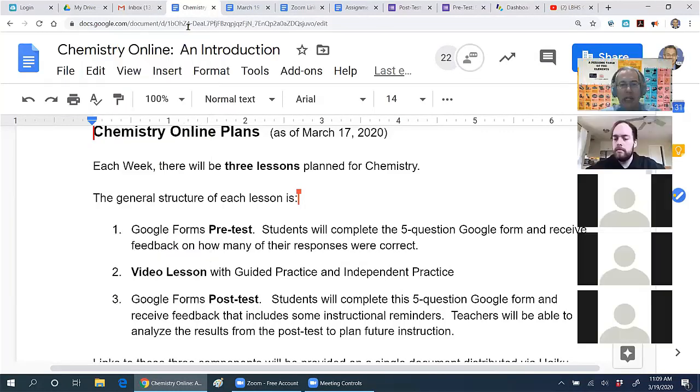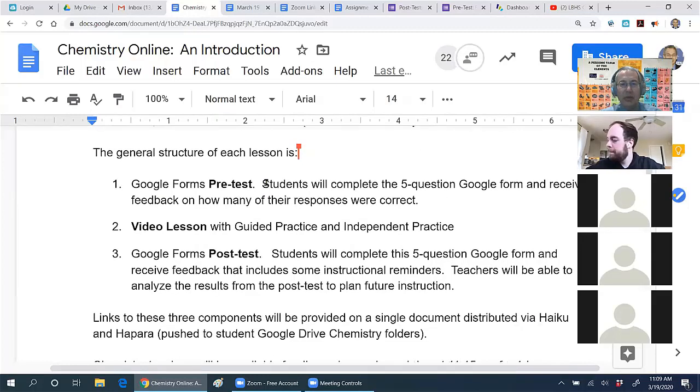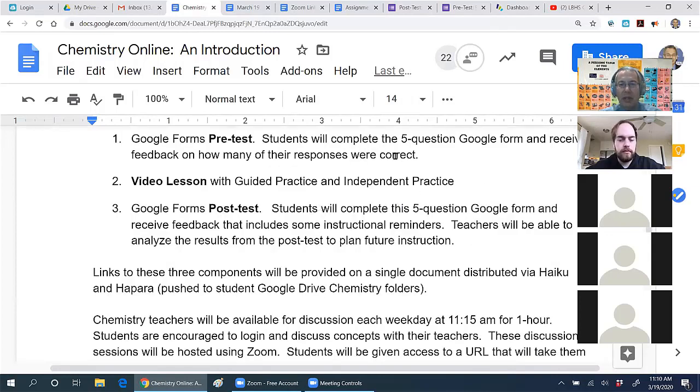Then you can see the three sections are the Google Forms pre-test, video lesson with guided practice and independent practice, and then a post-test. The pre-test and post-test have 5 questions. That's enough for us to know how you're doing and for you to know yourself how you're doing. The main goal is for you to try to self-assess. If you can get better, do get better.